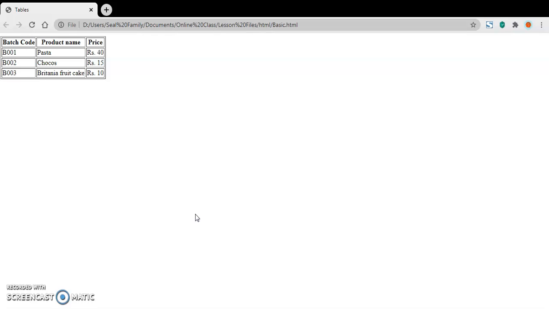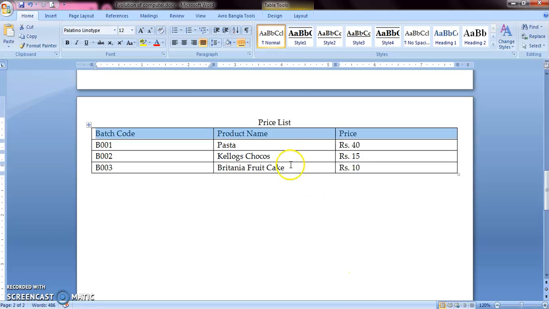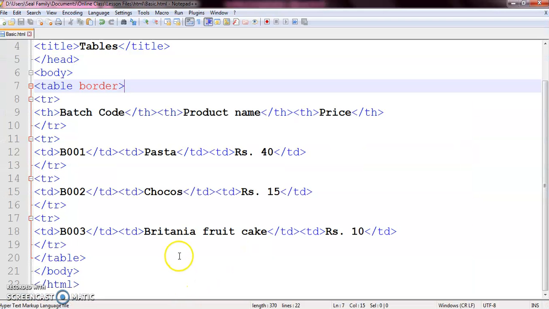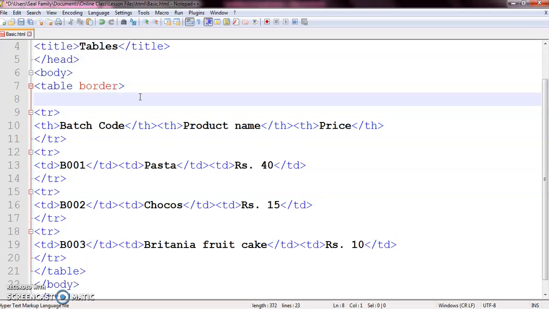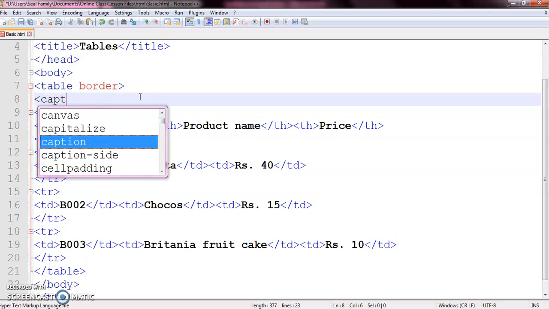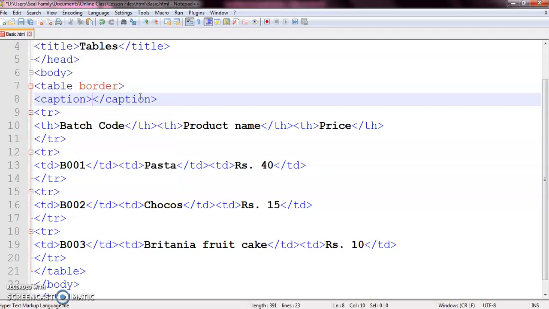Okay, now the table in MS Word has a name, a caption. You can also add that in your HTML table. For this, you will need an element called caption.